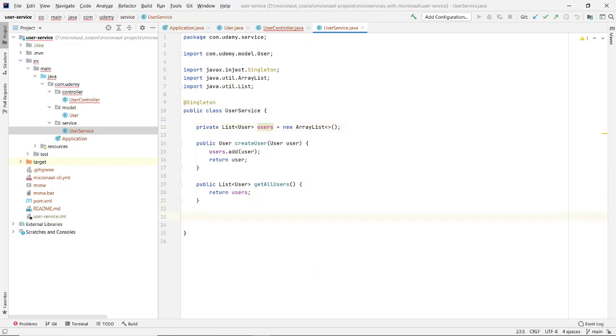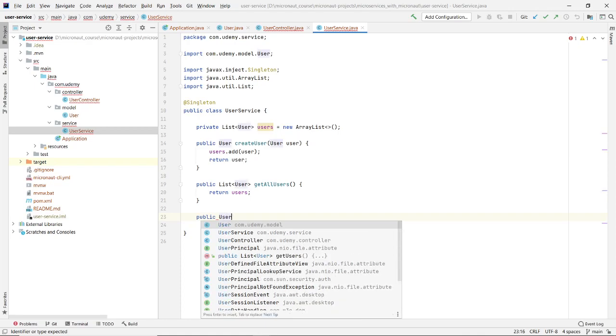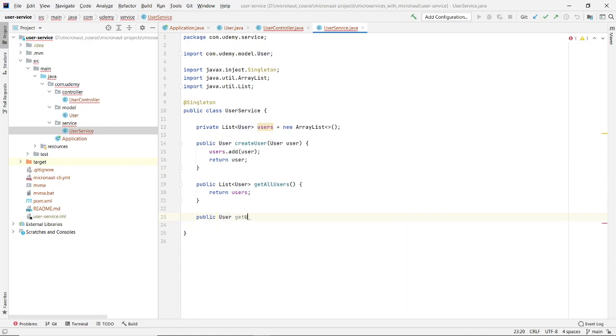Here in the service we can create a method as public user get user, and currently we will apply the filter on this users list.